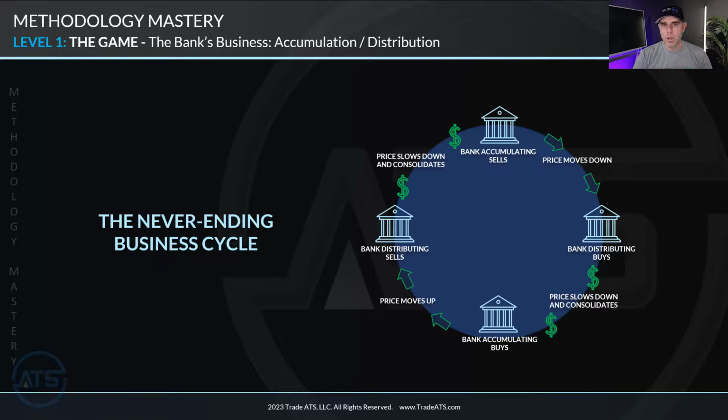In the middle of all this, we have the weakest traders. And you could think of the weakest traders, the ones that don't know how this works, don't know what to do, they are serving as the fuel of this market. Smart money requires dumb money to exist. You want to make sure that you are not part of the dumb money and that you understand how the cycle and the business of the banks and the market makers work so that you can see what they're doing and join in when you understand what their game plan is.